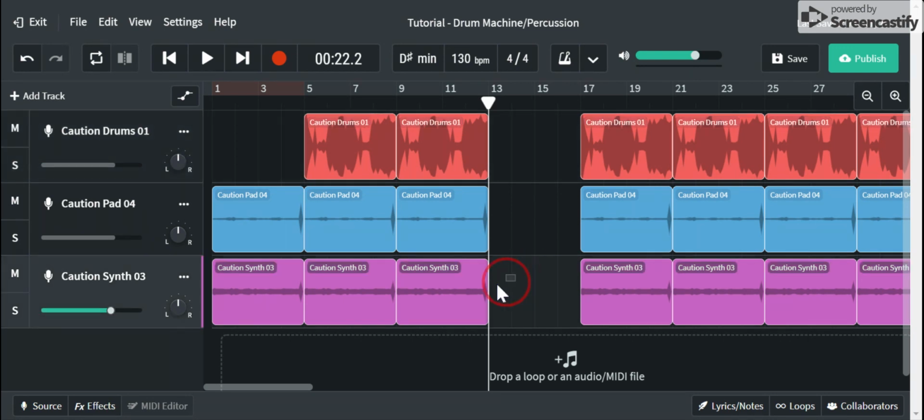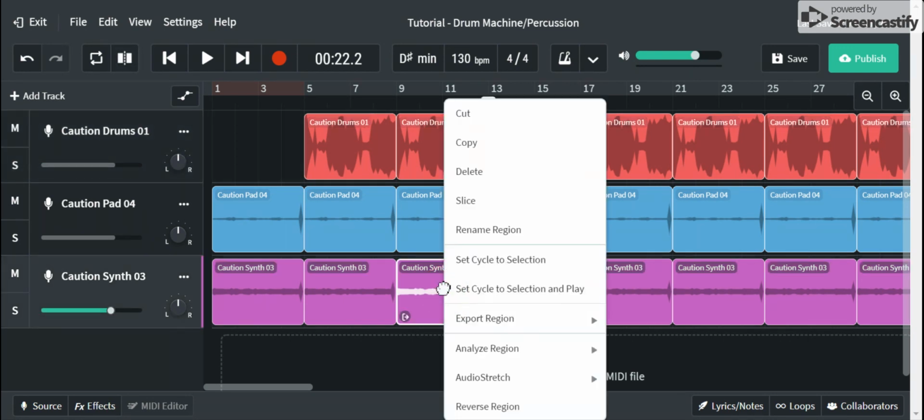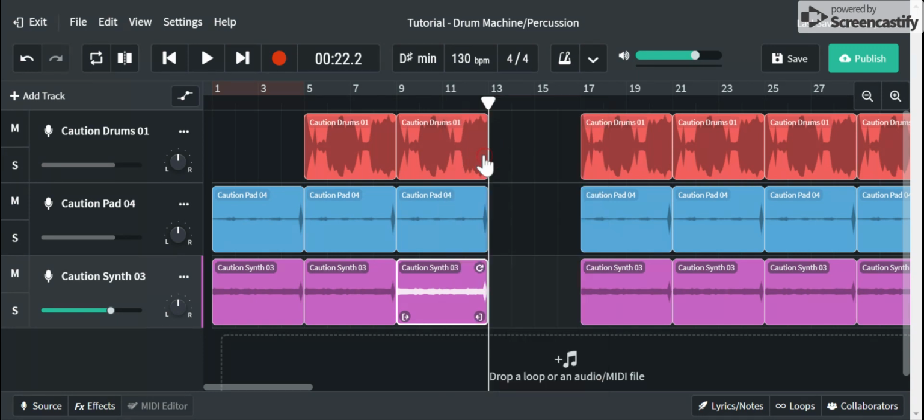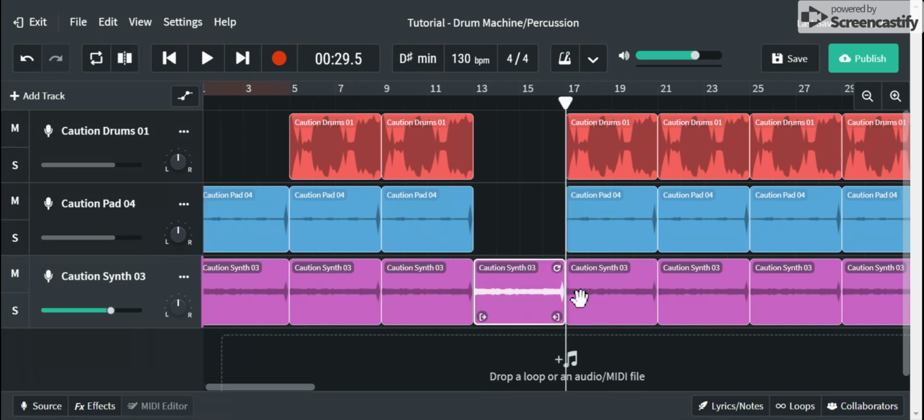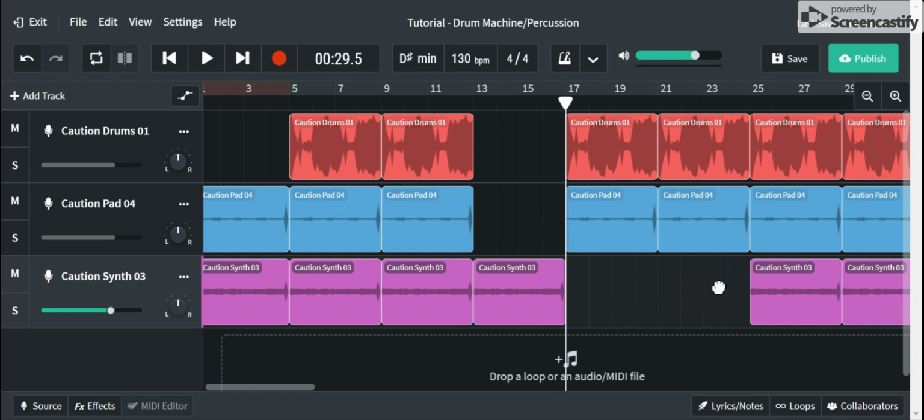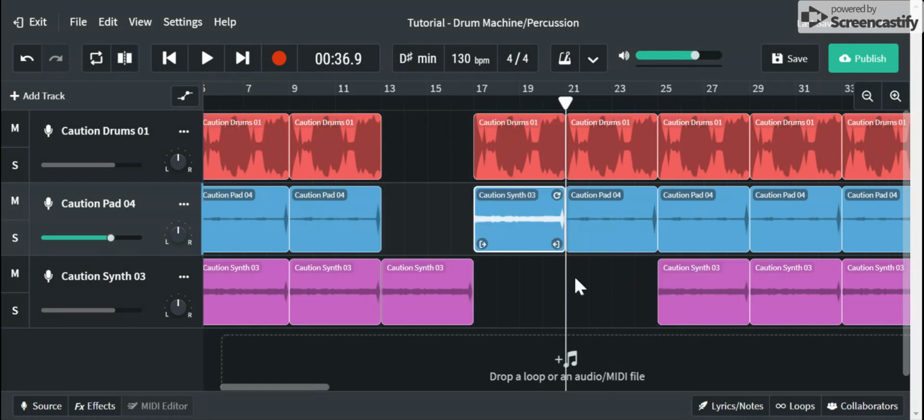So let's say I have this big blank open space and I want to copy my regions there. Well, actually, let's say I only wanted to copy the synth. So I would select it, right click it, then I would hit copy. And because my playhead is already there, I'm just going to pick any area and hit paste. And it's going to copy in that filled section. Also notice that when you paste it to that section, it moves that playhead to the very end of it. So, let's say I deleted this one and I deleted this one, it moves the playhead to the very end of whatever region you just pasted,